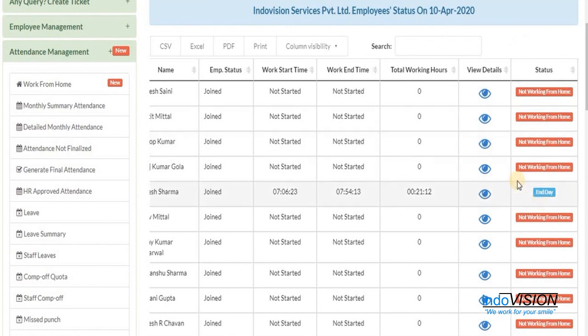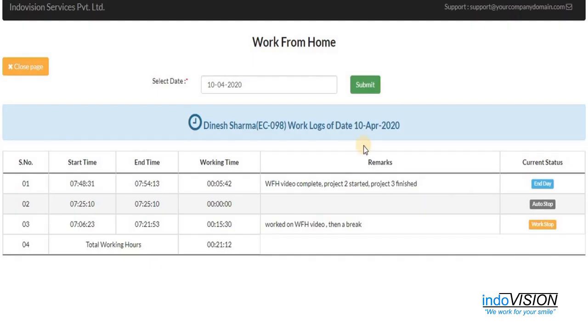Only one good entry here because this is a testing portal. To view their details, click on this icon. We got the same list as we saw in the employee and manager ID. To close this page,